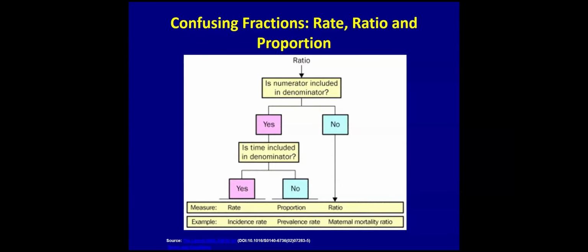And ratio, we already saw. In a ratio, the numerator will not be part of the denominator. Just remember this: if the numerator is not included in the denominator, it's a ratio. If it is included, then it can be either a rate or a proportion. If it is cross-sectional and studied at that point of time, then it is usually a proportion, which is nothing but your prevalence. If there is a time component of follow-up included, then